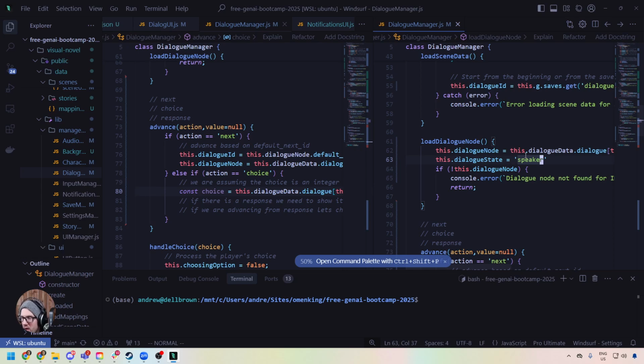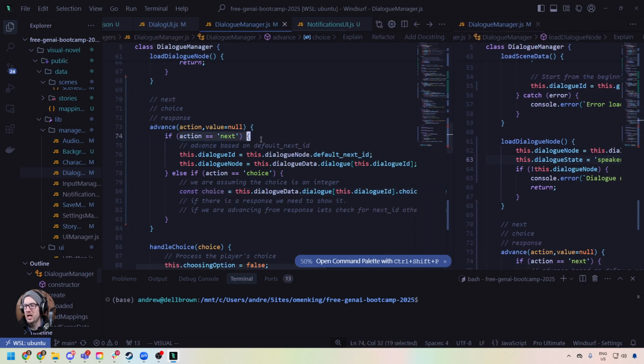But right now we are on the top level of the node. We could also think of it another way, where it's just like, what does the node look like and what step are we in inside of it? But I'm going to call it the speaker step anyway. So if we are advancing, our action is next, right? And our current state is speaker,